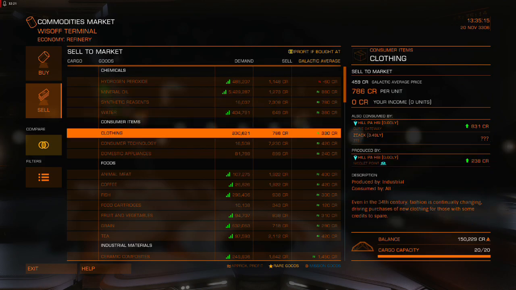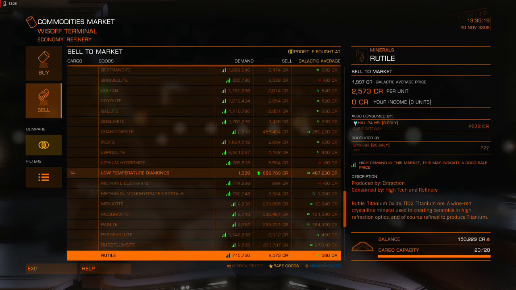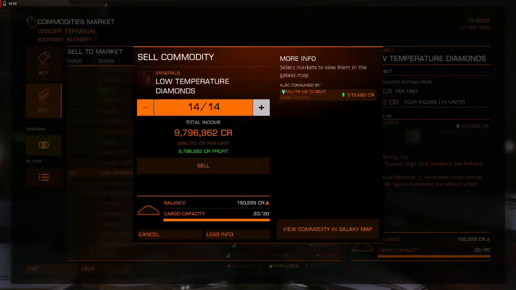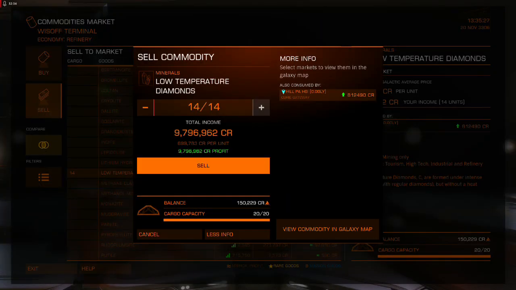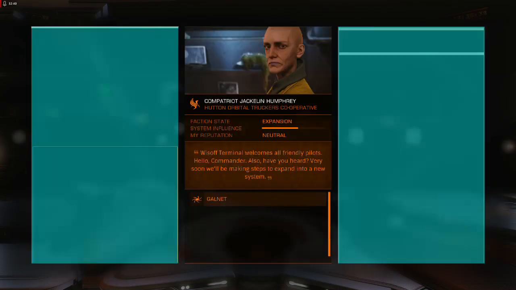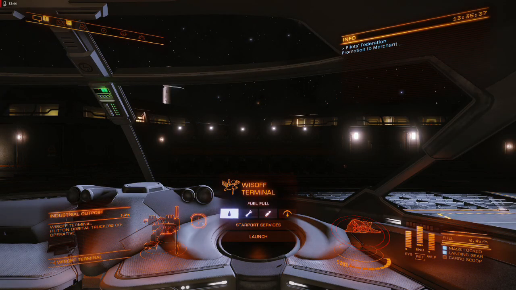Currently a balance of 150,000, so I'm just going to go to the commodities market, go to sell, go to the whatever precious rocks you get, in this instance low temperature diamonds, and unfortunately it's just under 700,000, so 14 of those will go for 9.7 million, which is much more than I had currently, so I'm more than happy to sell that. There you have it, an Adder, cheap and cheerful, less than $1 million, just made 10 million in